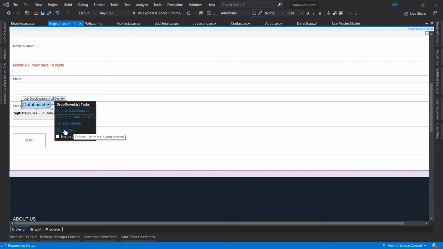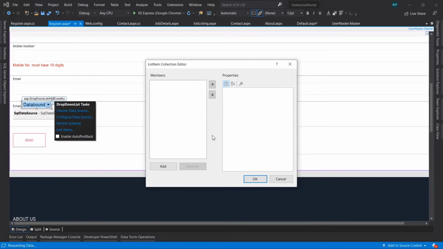Now edit items, add. We have to add one new list item. Give your text here: Select country.